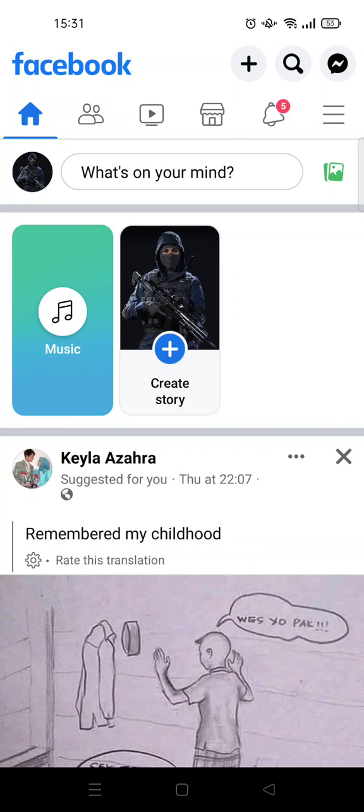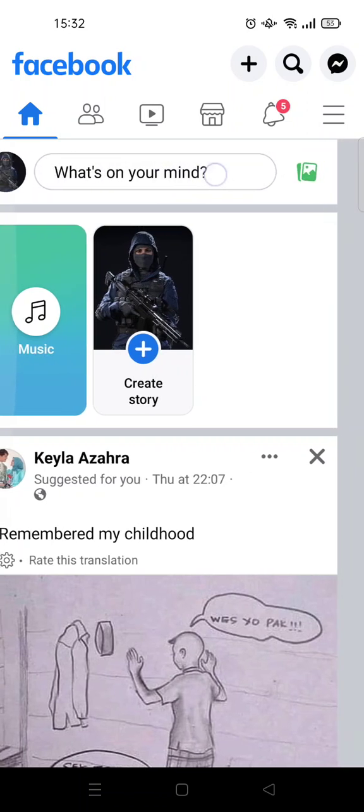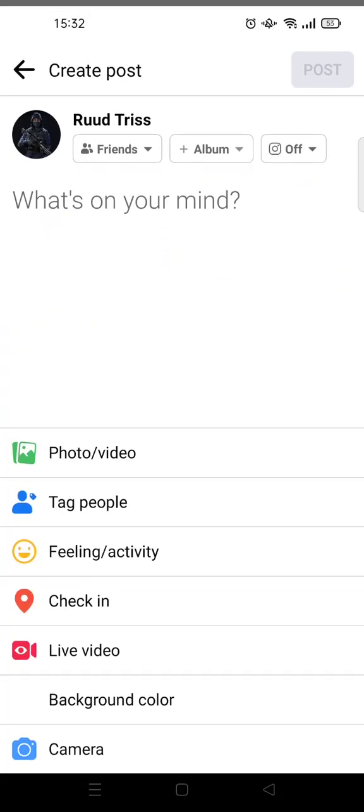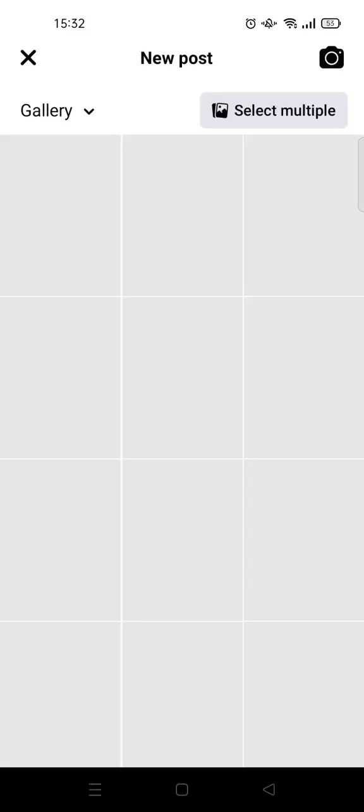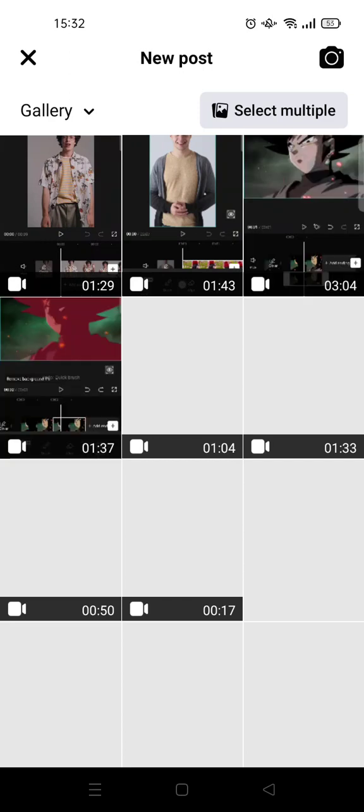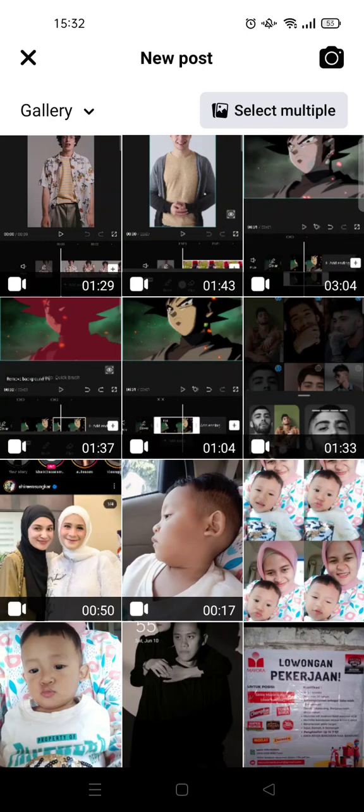On today's video, I'm gonna show you how to add video and also photo to Facebook posts. So here I've already opened my Facebook app, and then I'm gonna just straight go to the what's on your mind box here to create a post. And in here you can just click on photo or video options, and then just select the video and also photos that you want to